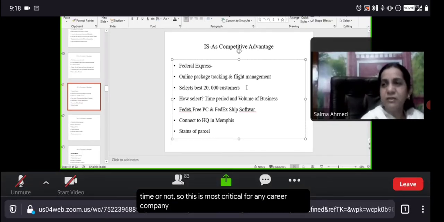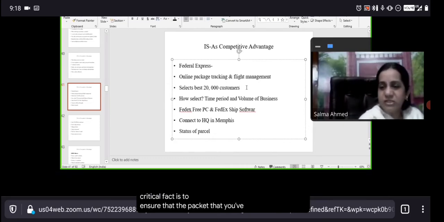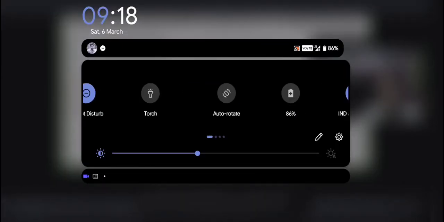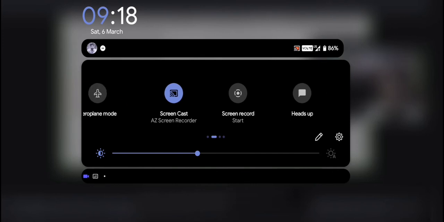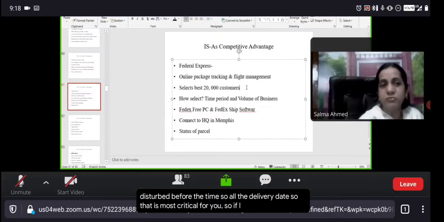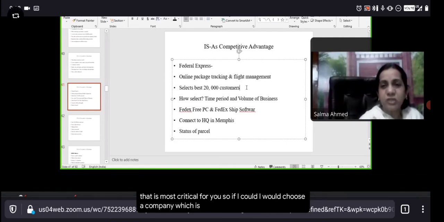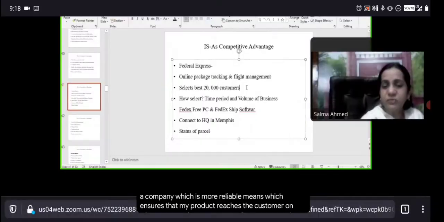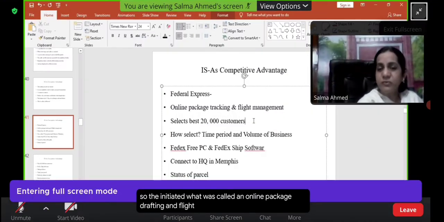For any courier company, the most critical factor is to ensure that the package you have sent reaches the customer on or before the delivery date. So I would choose a company which is more reliable, which ensures that my product reaches the customer on time. So they initiated what was called an online package traffic and flight management system, under which